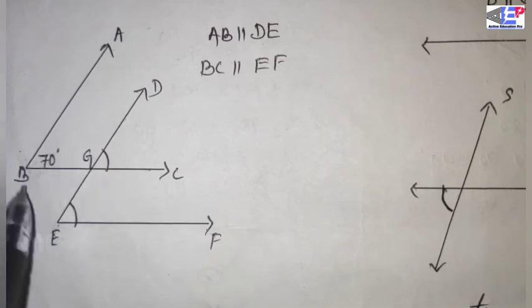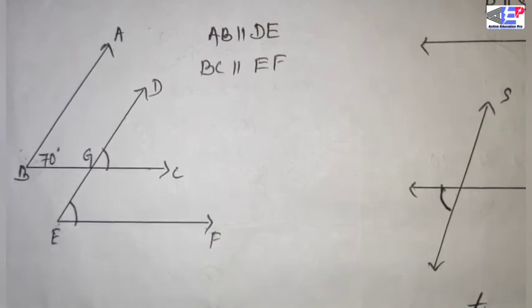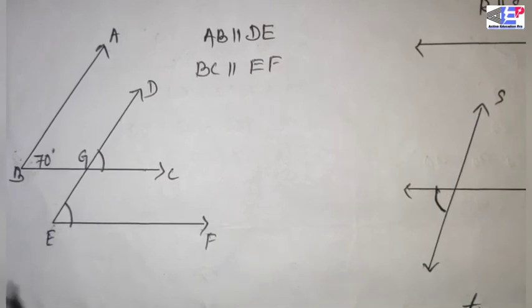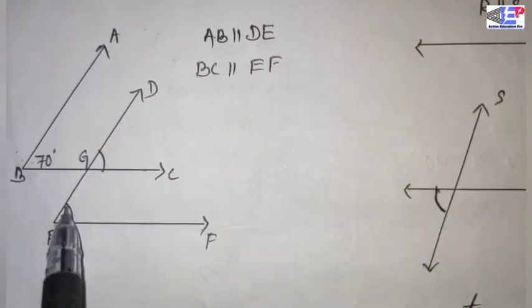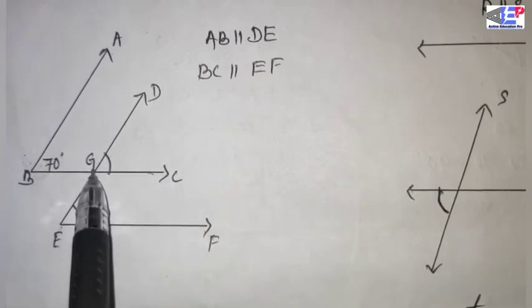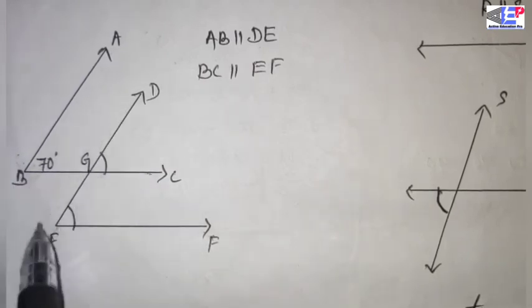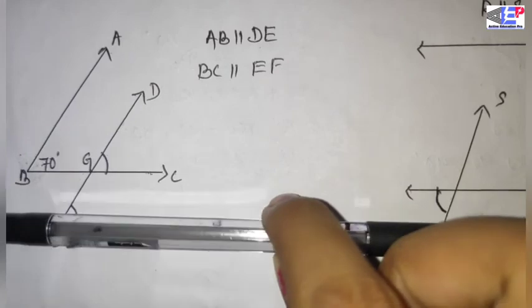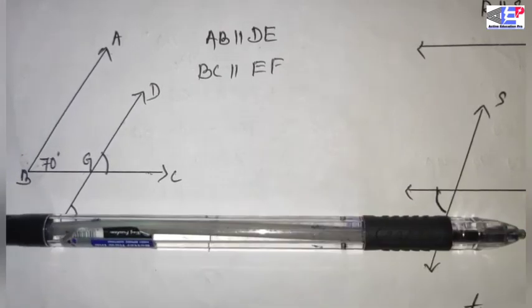So here one angle is given to us, which is angle ABC, 70 degrees. Now we have to find out the marked angles DGC and DEF. At the point G, the point of intersection of BC and DE, and the angle DEF. So first forget these other things, that there is a side. So here first follow that